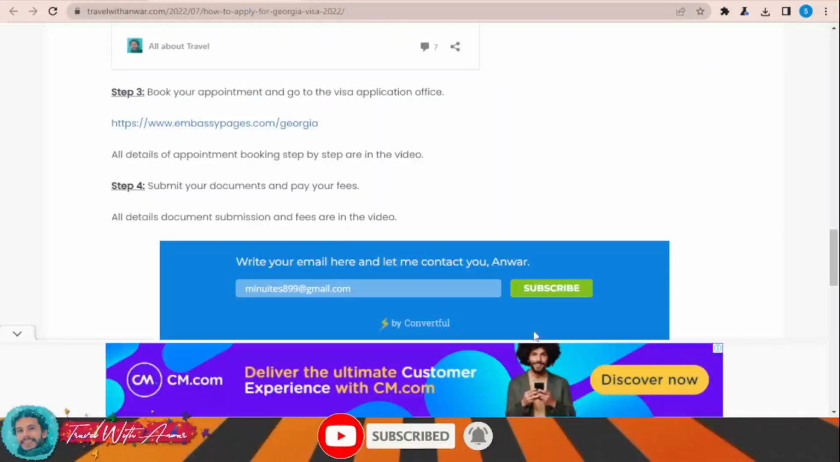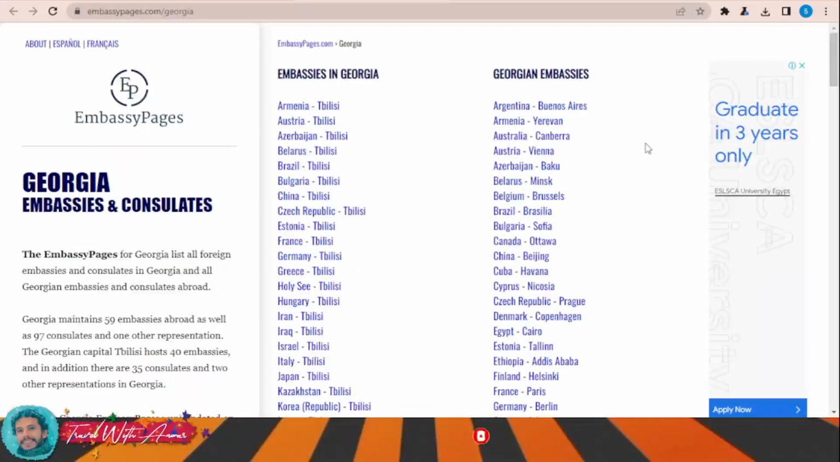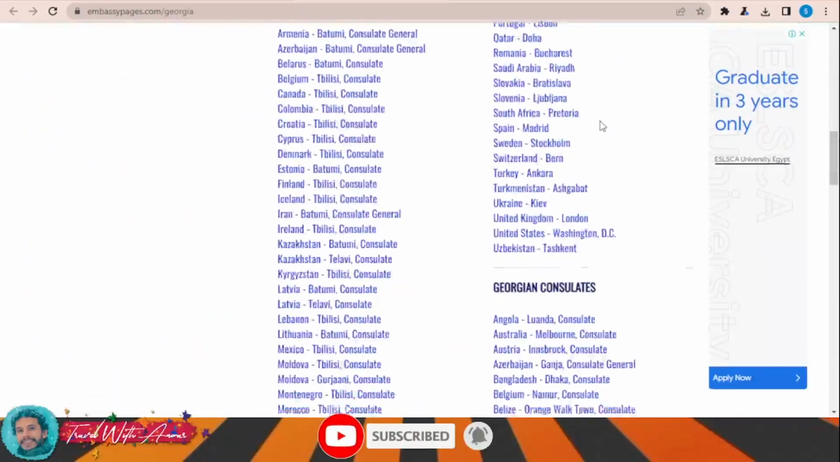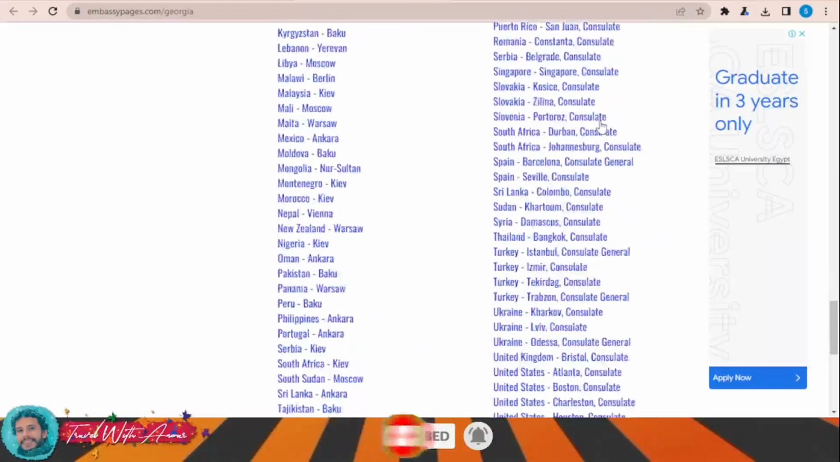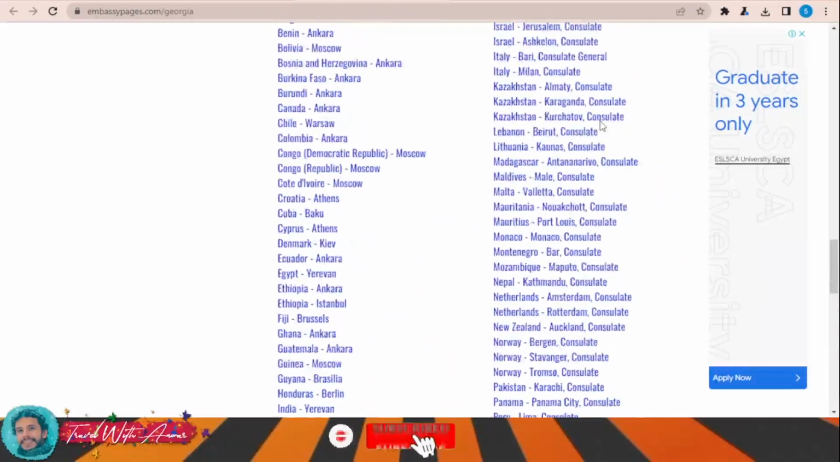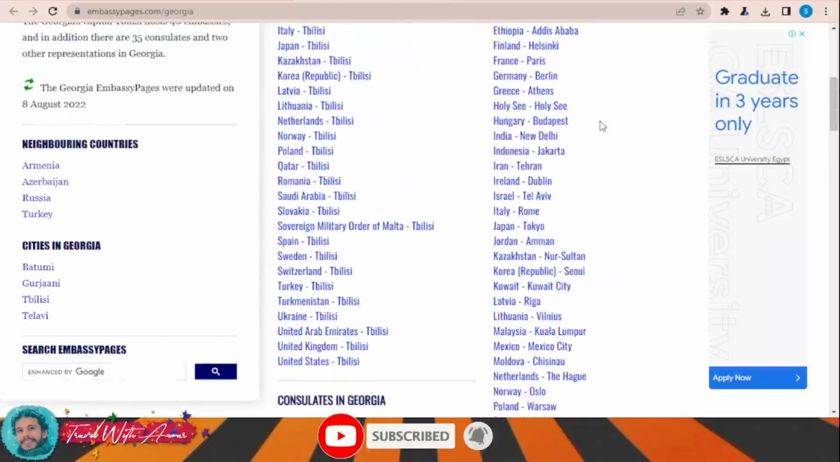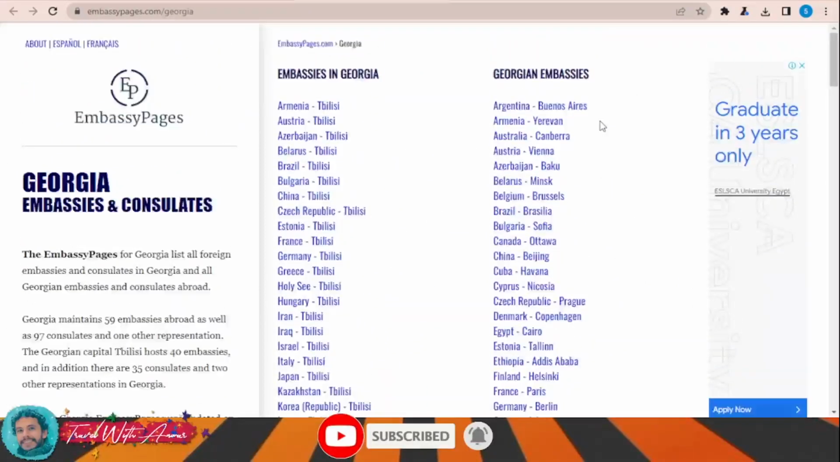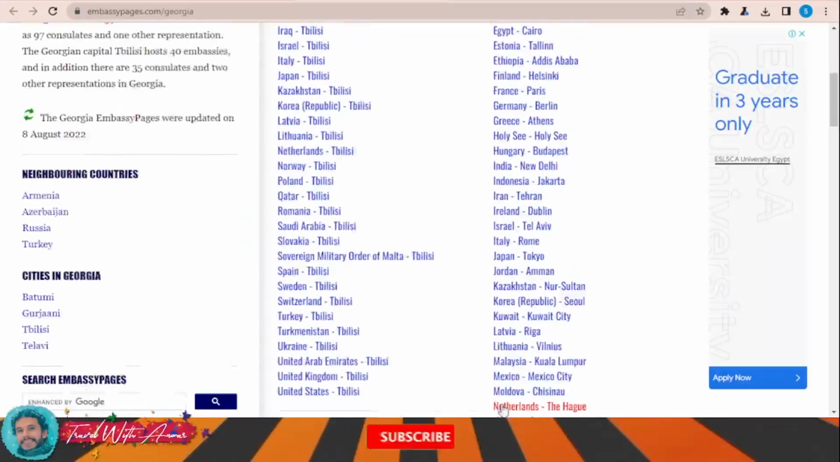To know information about the embassy of Georgia in your country or any country, just click over to this link over here. This page will appear in front of you and will show you the locations of the Georgian embassies and consulates around the world. Just check your country and you will find all the details like the address, the phone numbers, the emails, and